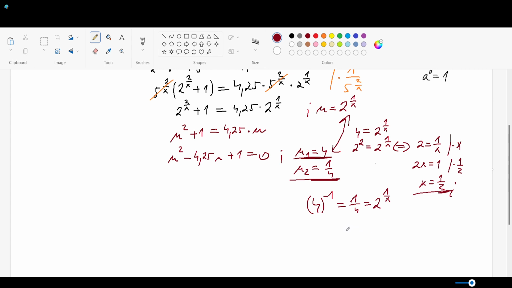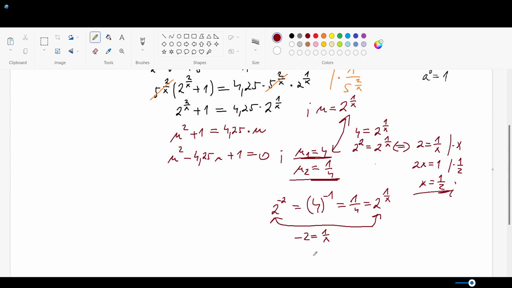Parentheses are not needed, but it doesn't matter now. And this can also be simplified like 2 to the power of negative 2. Okay, which means connecting these two pieces of information,